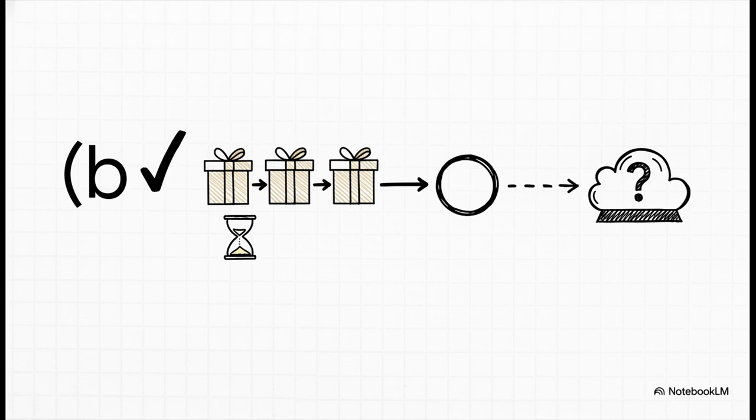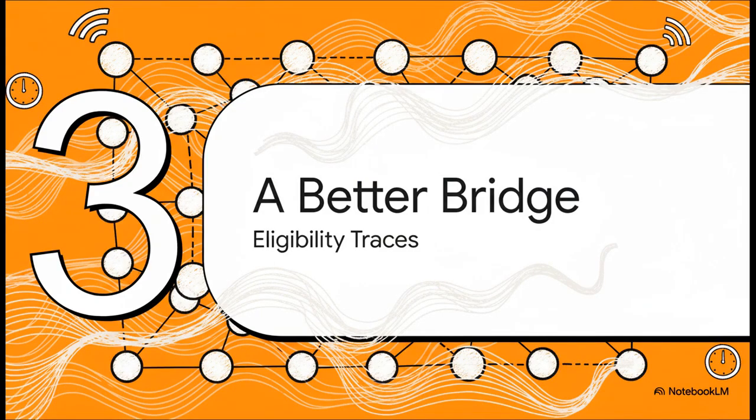So n-step methods are great. They give us this nice, simple knob to turn between TD and Monte Carlo. But there's still a catch. You still have to wait those n steps before you can make your update. Can we do better? So let's move on to a much more elegant solution, a way to get this same kind of blending effect, but one that works online. I mean, at every single time step, with absolutely no waiting.